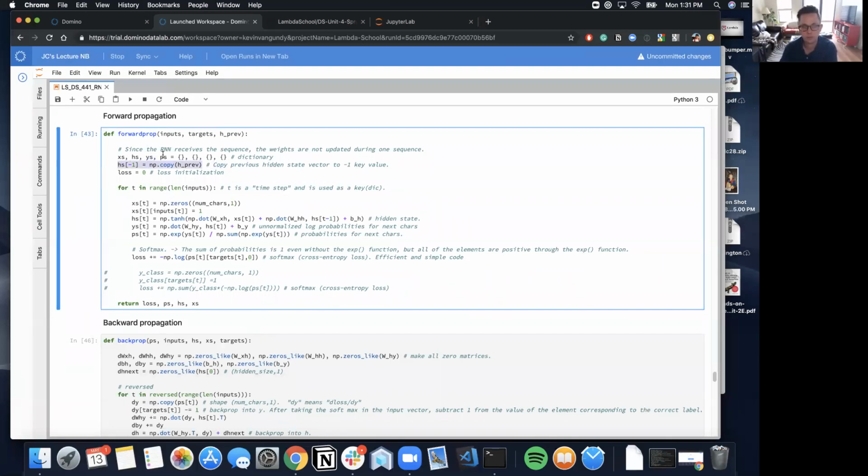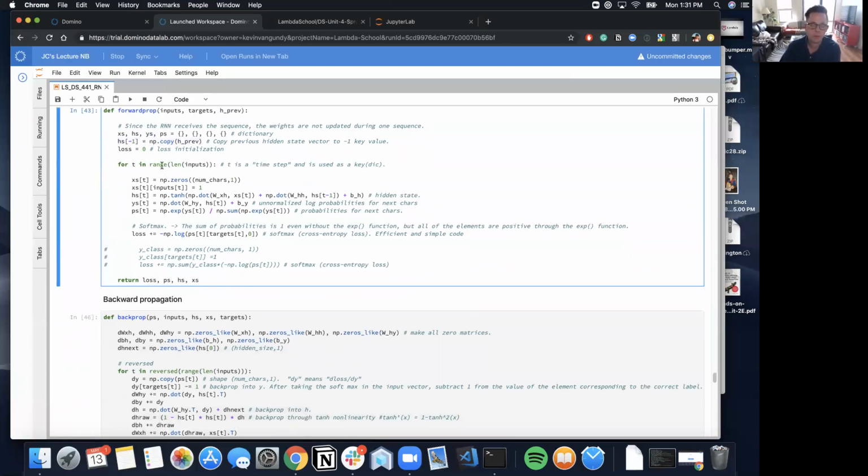Okay. Then we're going to initialize this particular forward propagation pass with 0. Then for each t, so that's our time step, for each time step in our length of inputs, so that means for each character in our input,